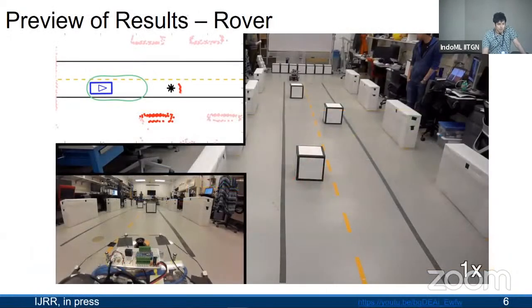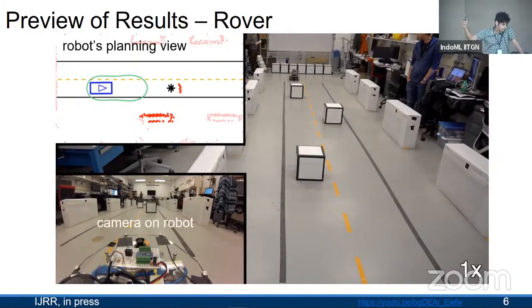So we'll start off. This used to be my old lab at the University of Michigan. It used to be in a basement. We got a lot of stuff done in that basement, but it's not a very large lab. And what we have here on the left-hand side is the robot's planning view. We have a camera on the robot, and then we have a real-world system over here on the right-hand side